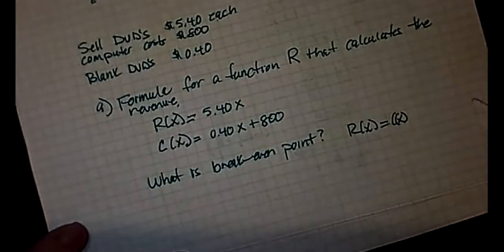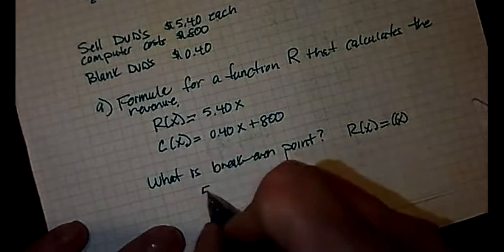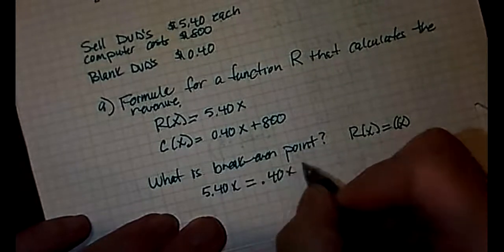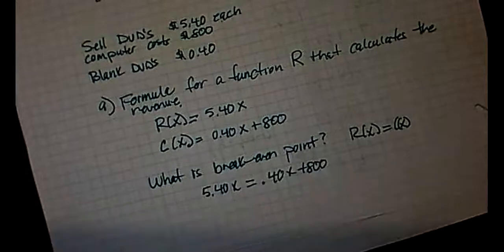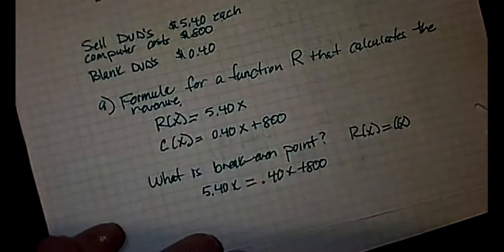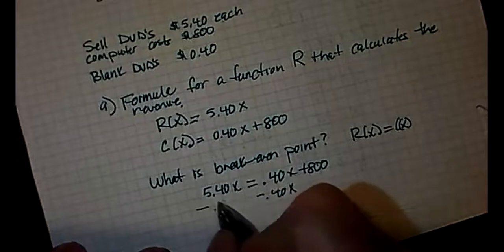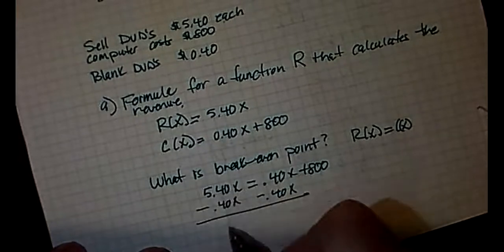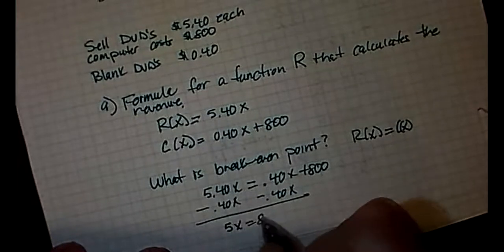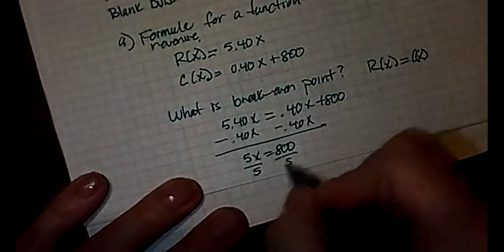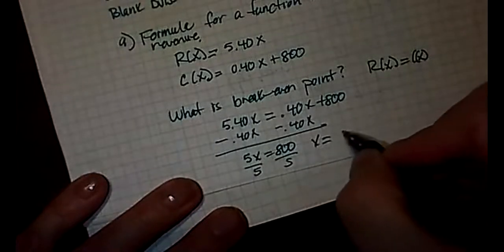So let's do that. Let's go ahead, and we could do it by hand. This is what we're doing. We're taking 5.40x. I think I am just going to do it by hand. It's a lot easier, I think, than typing it in. But you could put it onto Desmos and do it that way too. So we're just going to subtract. So this is just 5x equals 800. So we divide by 5. x is going to equal